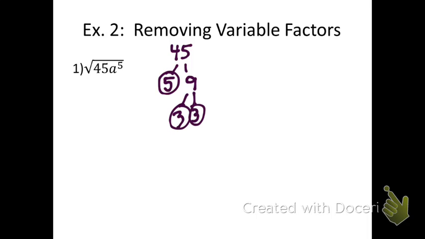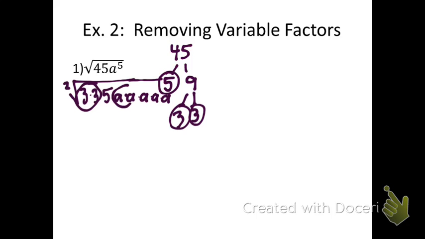Okay? So we can continue on and rewrite the radical with 3 times 3 times 5. And then a to the 5th is like saying a times a times a times a times a. It's going to run out of space there. And we know our index is 2, so we do the same thing. We would pair up pairs of 3's and pairs of a's. Unfortunately, there's one 5 here and one a here that's not going to make it. So you're going to leave those on the inside of your radical,